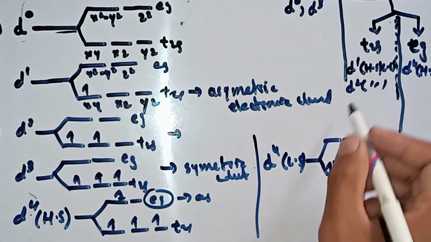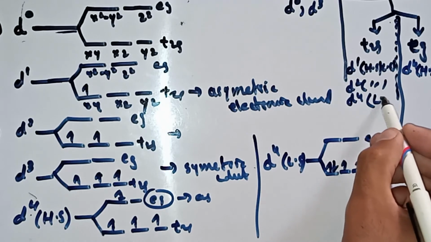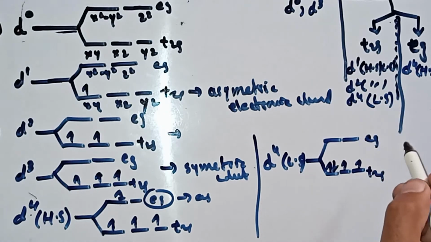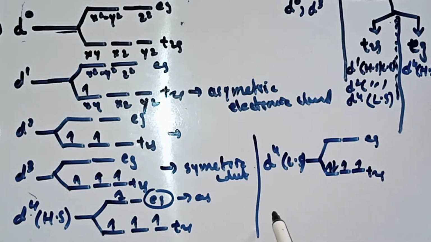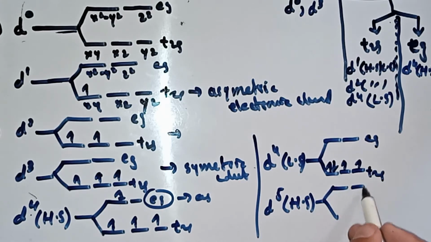So in case of D4 system, when they are low spin complexes, T2g distortion will occur. Is it right? Okay. For D5 system, what will happen? Let's suppose this is a high spin complex. Then what will happen? Let's suppose this is Eg. So in high spin complex,